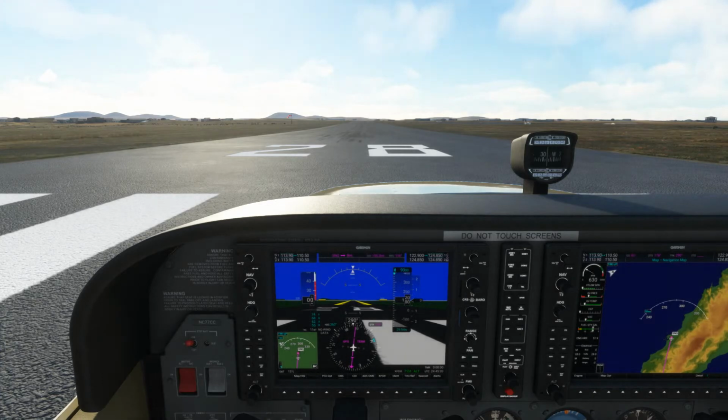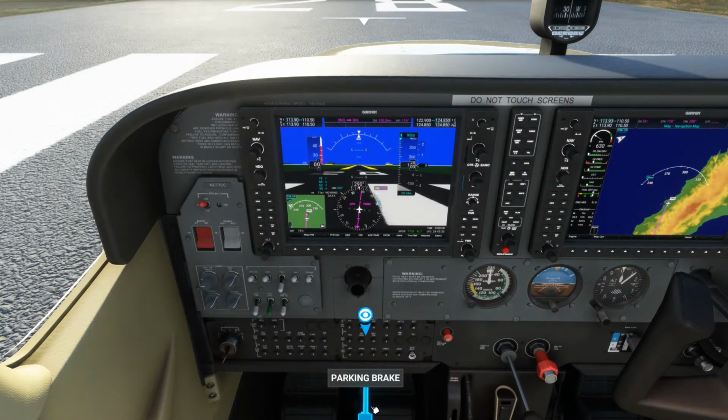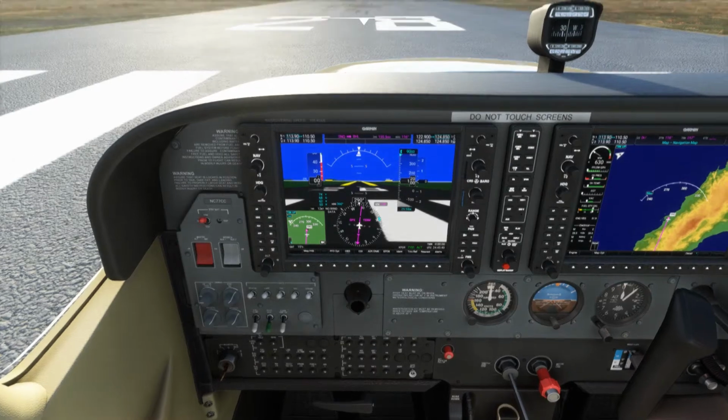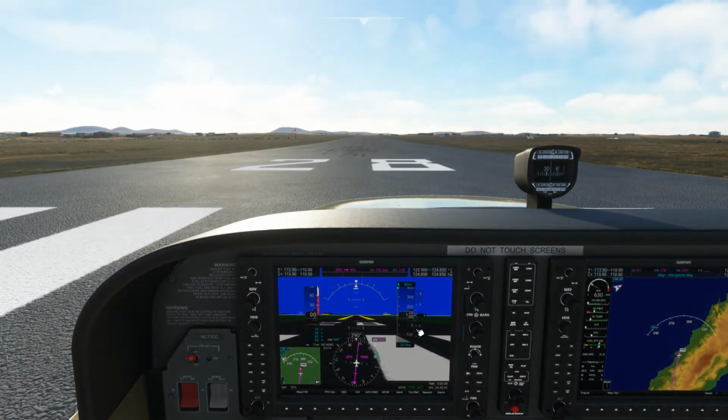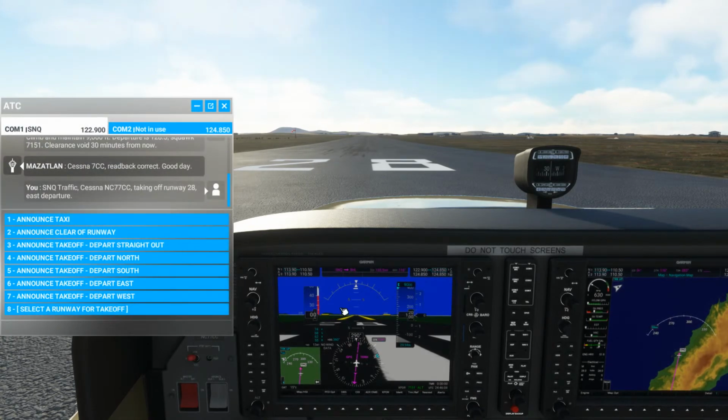So anyway, let's go ahead and step in our plane. I want to go ahead and take the brake off. We got all the lights on. We don't need pitot heat. And anyway, go ahead and take off. So now our takeoff rotation speed is about 55. Our best angle of climb is 62. Best glide speed is 68. Best rate of climb is 74. So what we want to do is we're going to go ahead.